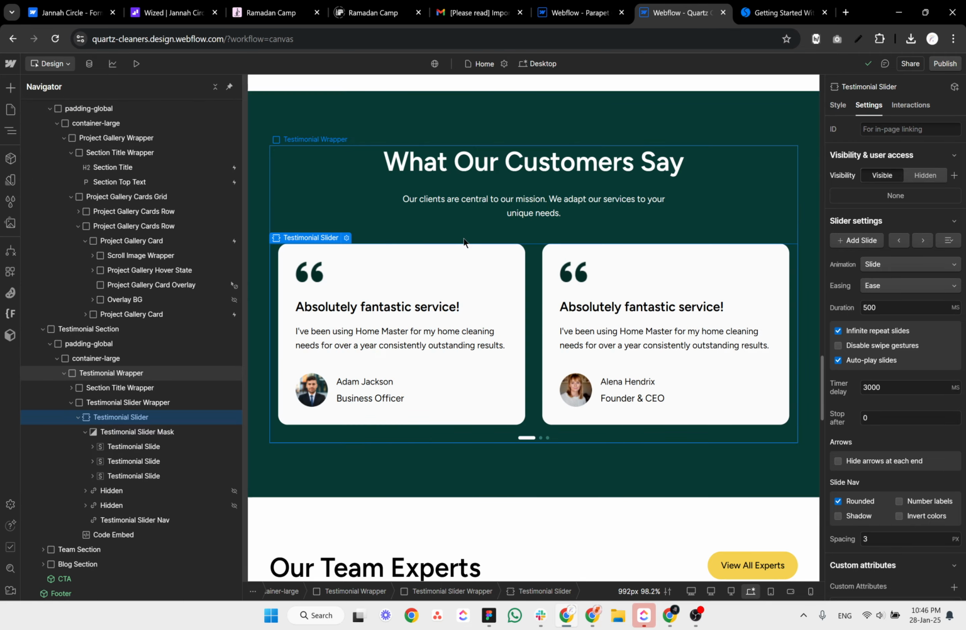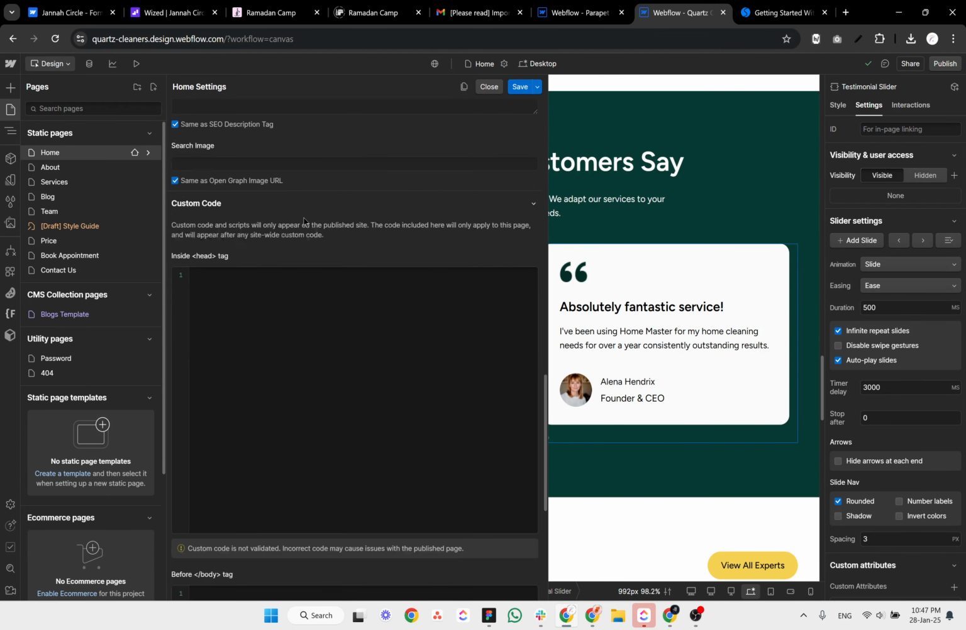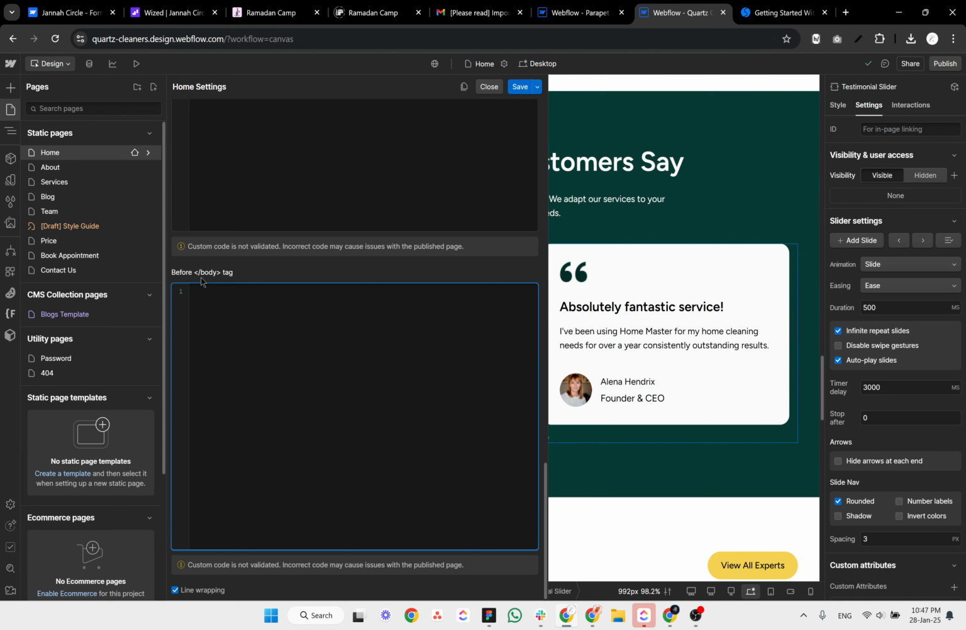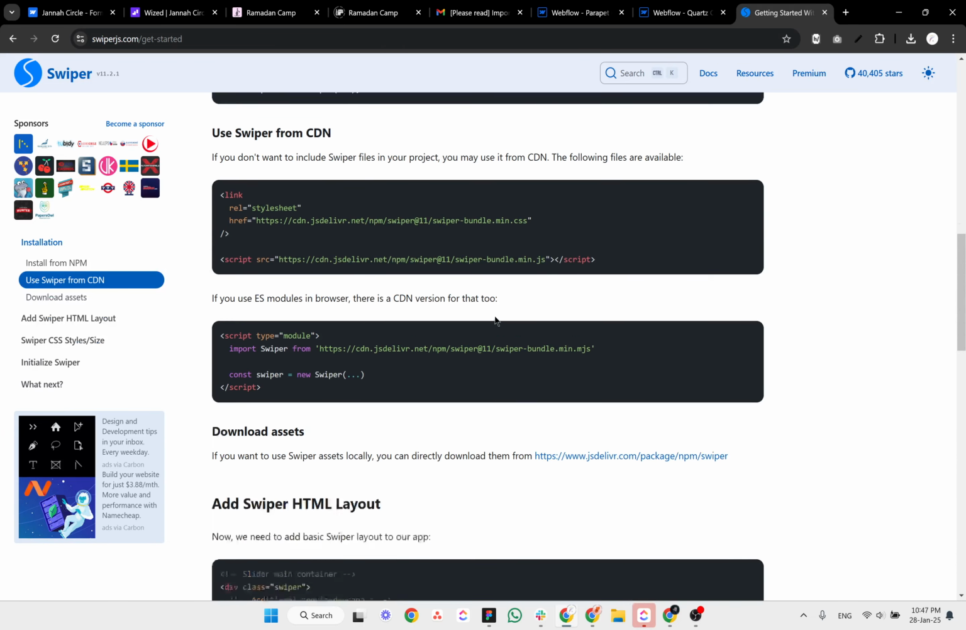If this slider is a component and the same slider is being used on multiple pages, then you have to go to the project settings and put the script there. But let's put the script on this page, right inside the before closing body tag. So let's add a script tag and a closing one, and let's put the script between these two tags. Right, this looks good, and we also need to add